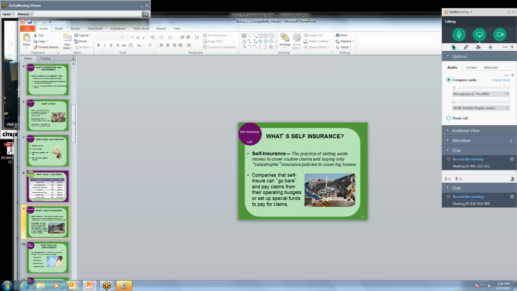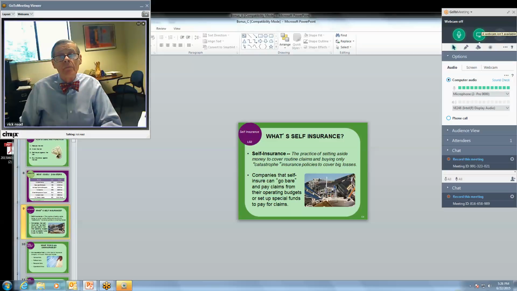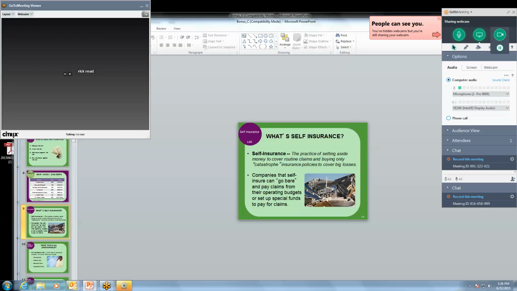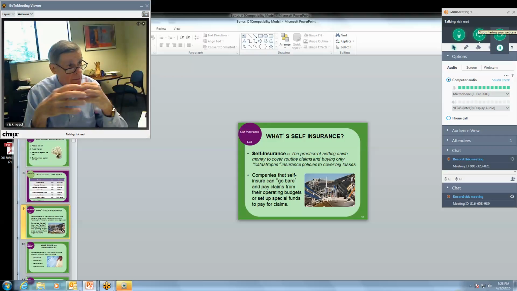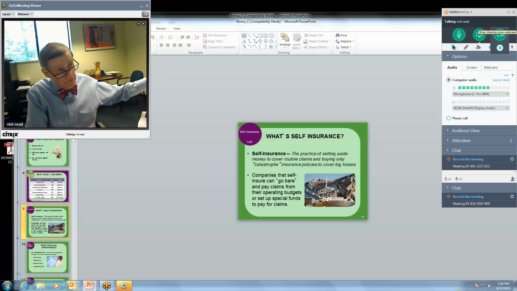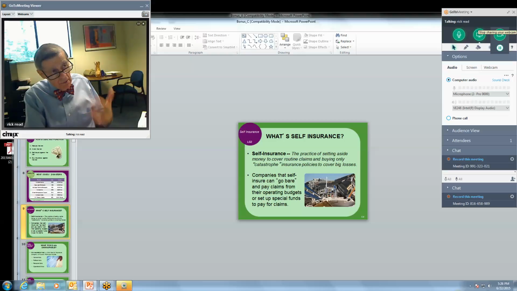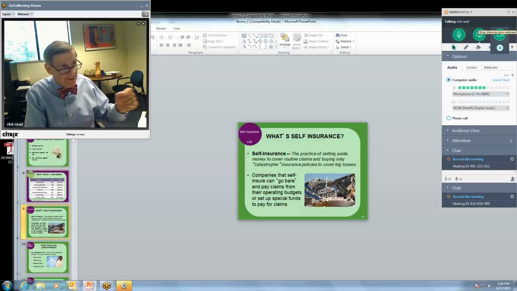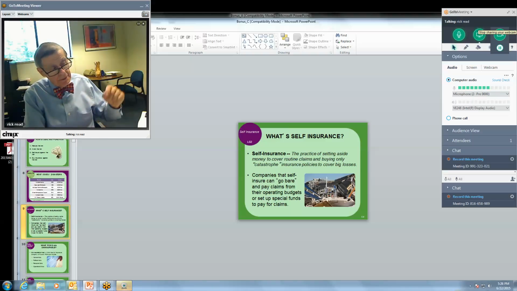What's self-insurance? I'll leave this slide up for a little bit for you to look at, but we have really talked about self-insurance. You're setting money aside, either from revenue, money you've taken in, or from profit, to say, okay, if something happens, I have this amount of money to pay for it. The problem with that is you probably don't have enough money, no matter how much you set aside, because it's very difficult for any of us, if we're not appraisers, to estimate the cost of damage. So we do that.